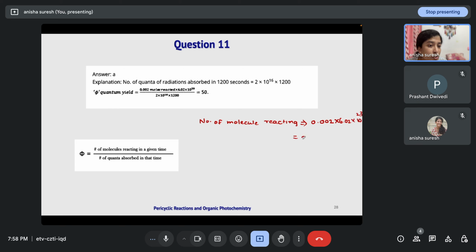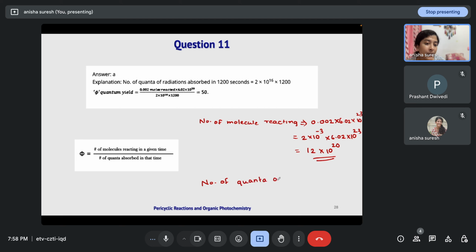So this is 2 into 10 power minus 3 into 6.02 into 10 power 23. Approximately we can write 6 into 2, 12 into 10 power 20. This is the number of molecules reacting, and the number of quanta absorbed is